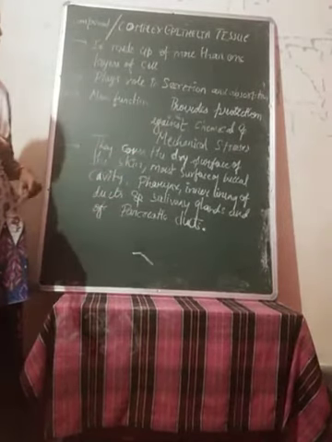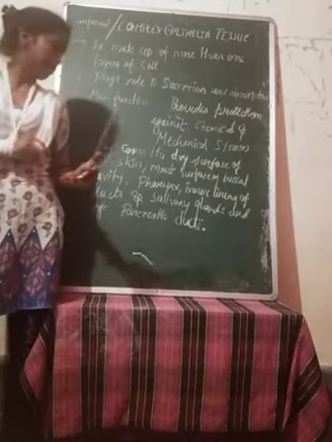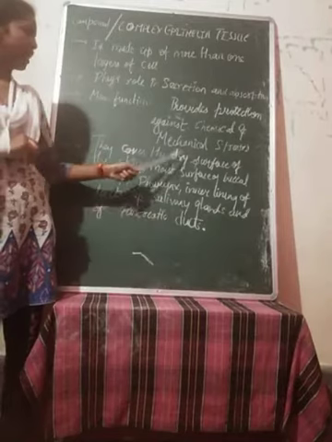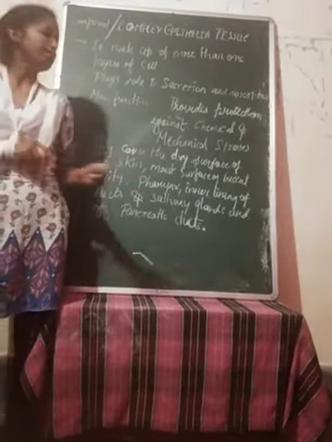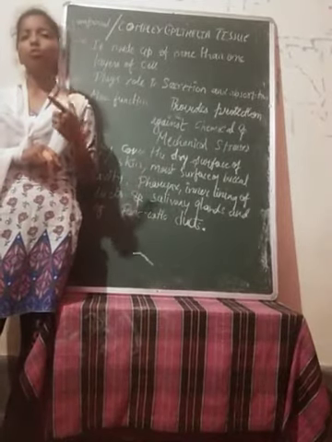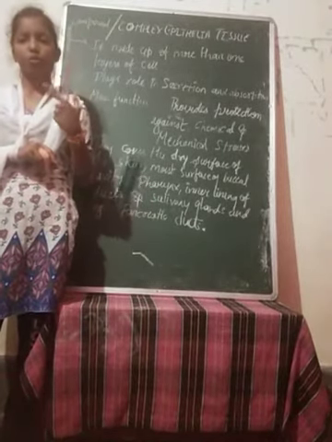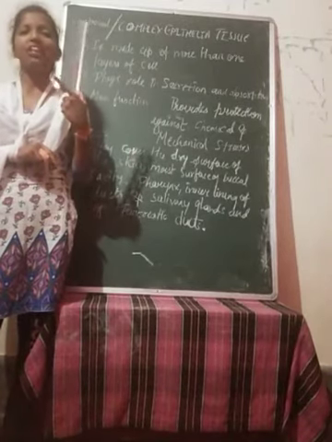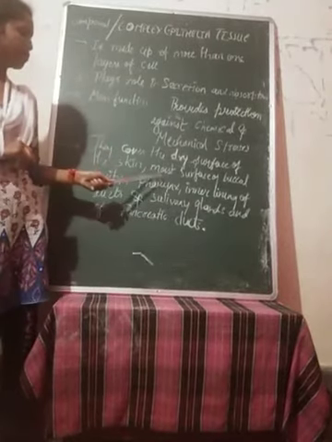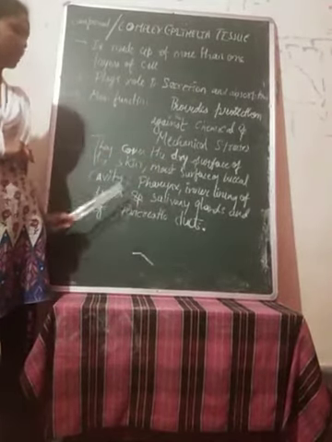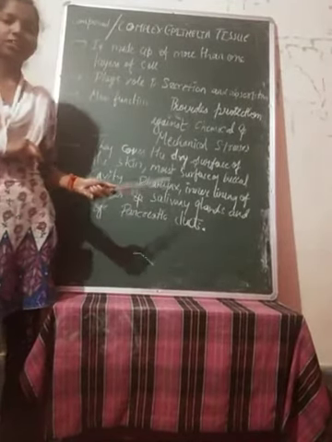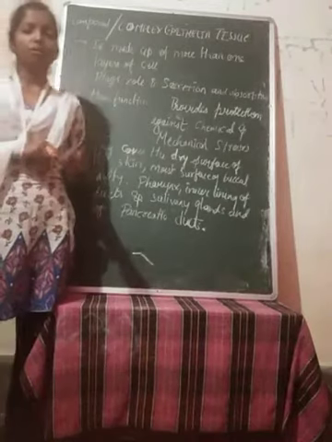Next, they cover the dry surface of the skin. What is that? The dry surface of the skin, that means our skin. The next one is the moist surface of the buccal cavity. Our buccal cavity, the mouth, the wet part of the mouth, which is covered by a layer of membrane, is considered the moist surface of the buccal cavity. That is also made up of compound epithelial tissue. Then the pharynx. You know the pharynx is the common passage of the mouth and nose.